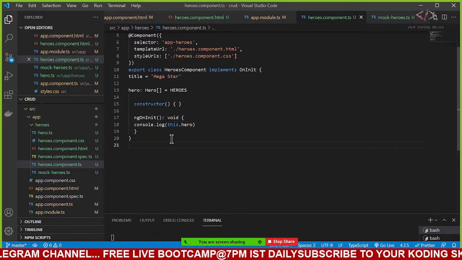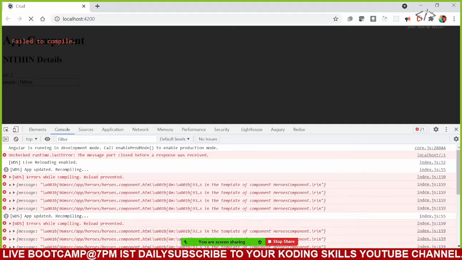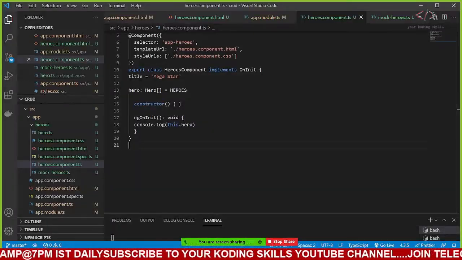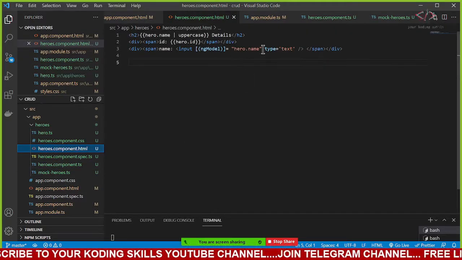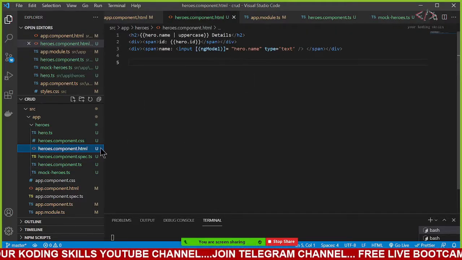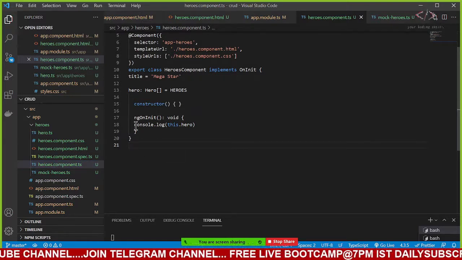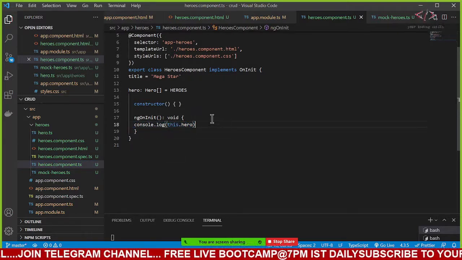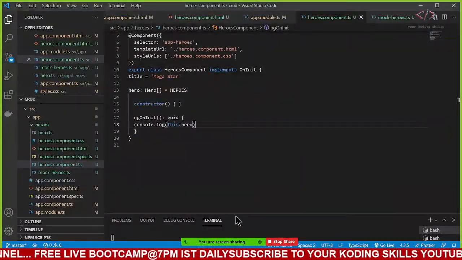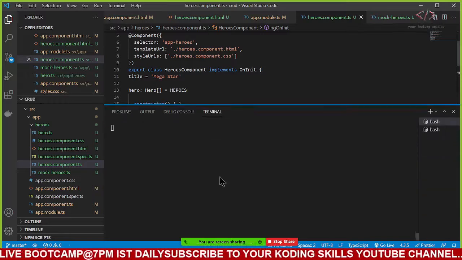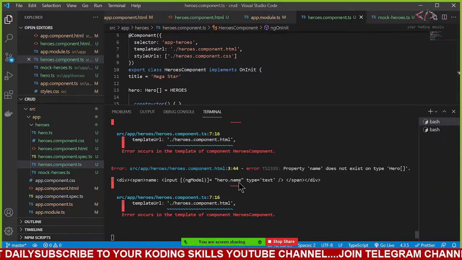So what is this saying? It is saying some issue. What is that issue? Maybe in HTML we have not written any. Okay, in our HTML there should be some problem. I give hero.name, which is the text. These all are fine. Now come back here, ngOnInit, console this dot hero. And here, what is the issue? Let us see. It says that hero.name I don't have, bro.